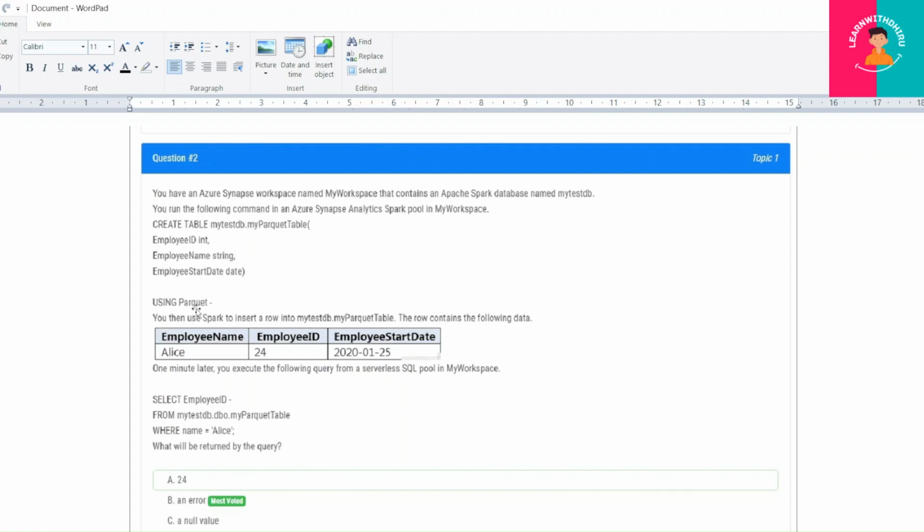So using Parquet, you use Spark to insert a row into the mytestdb.myparquettable table. That row contains the following data: employee name, employee ID, and employee start date. So you are firing this query: select EmployeeID. When you are selecting EmployeeID, it will go to this 24 from mytestdb. mytestdb is a schema